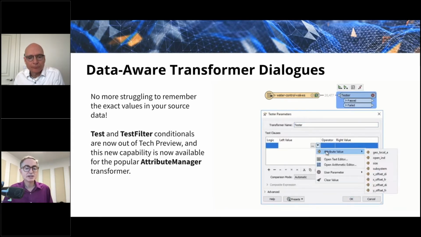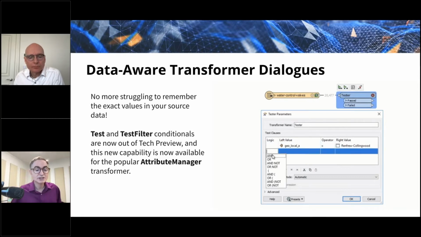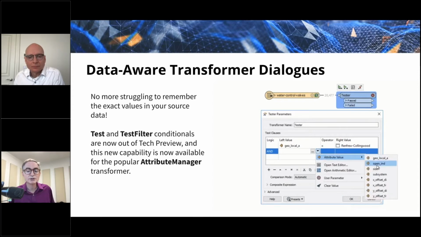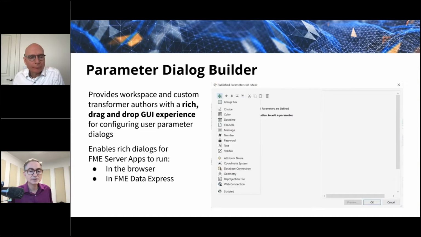The big change in this release is that the very popular attribute manager, it's in the top couple in terms of usage, also got the treatment, so you can expose attributes. I know you're an XML guy, Don, and sometimes it's hard to find the attributes, but now the attribute manager will have them for you. Yeah, the XML flattener would love this, and we're going to work through all the transformers to make this happen. Yeah. So very big deal there on the data aware side.